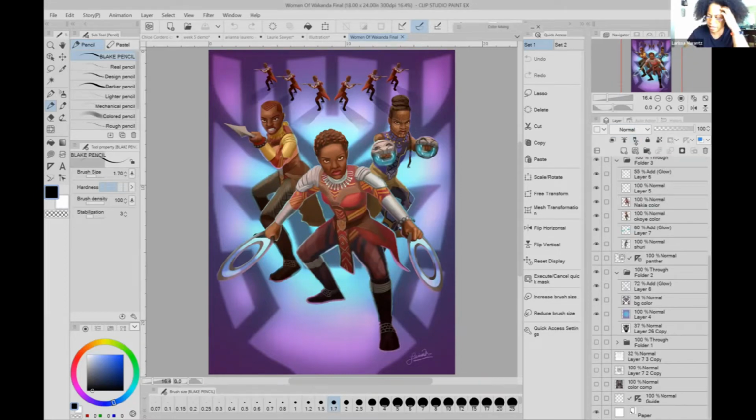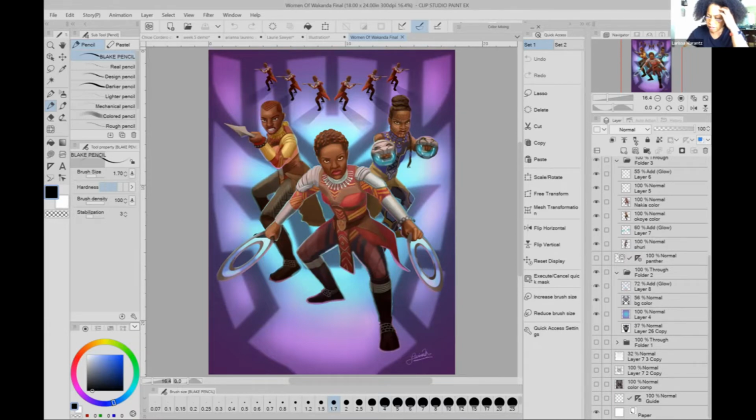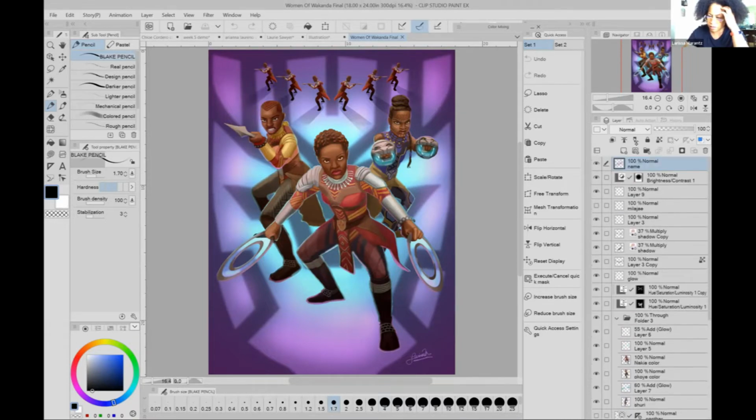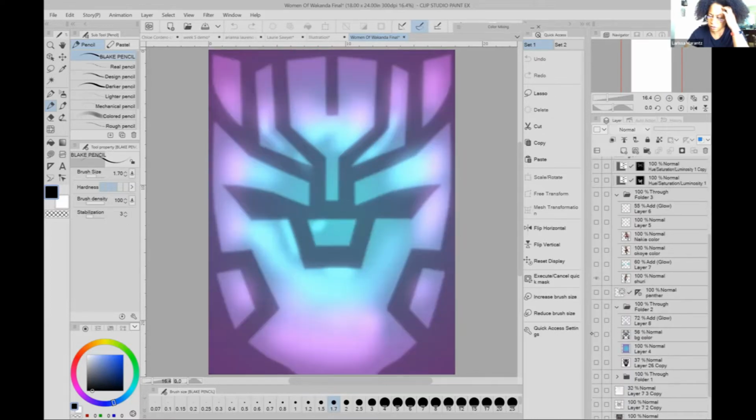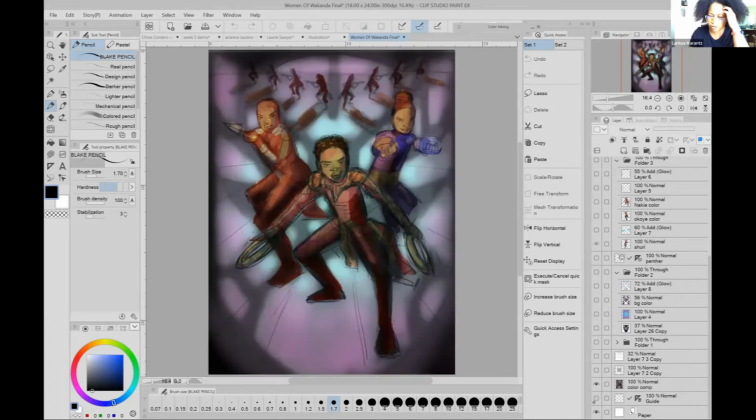All right, you can see how many layers are here. There's just so many things here. I'm going to close down all of these, and I'll show you the process. All right, so here's the process. What you're going to do is take your color comp, whatever one that you do, and you're literally just going to enlarge it. So you can see how rough and ugly and dirty this is, but you want to make sure that